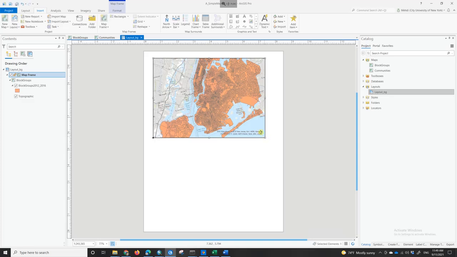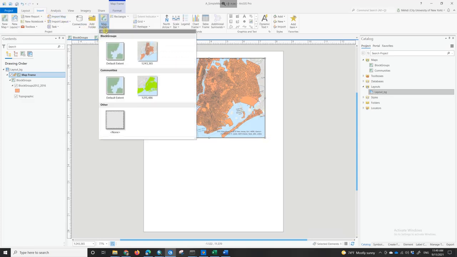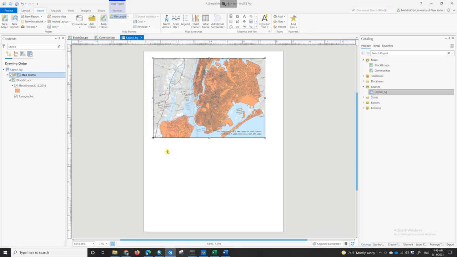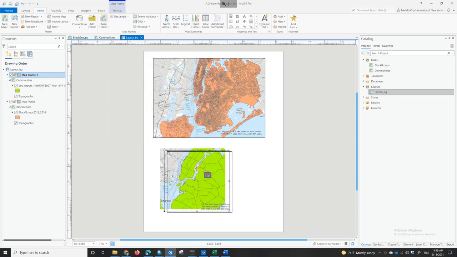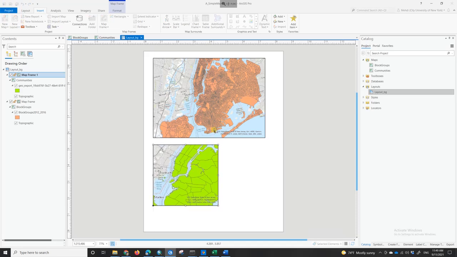In this layout, you can have multiple map frames. So that's one map frame, and I can have another map frame from this map. As you can see, you can have different map frames in one layout, and you can bring these map frames from different maps,